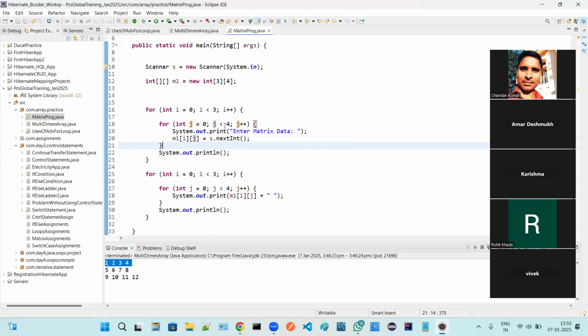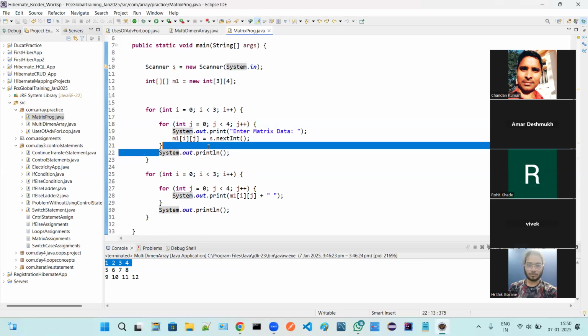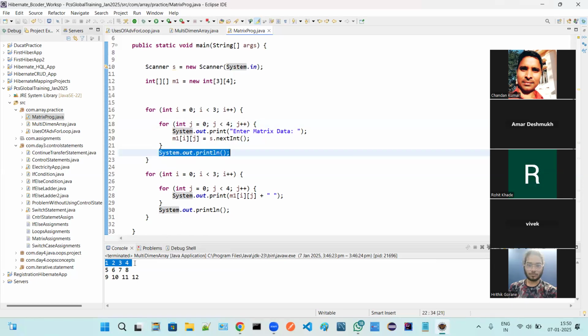Once j becomes 3, at the 3rd position it will store. But once j becomes 4, it checks is 4 less than 4? Incorrect. So control will come out. It will print the next line. From here control will come to this line. Now i becomes 1. It checks 1 is less than 3, condition true.